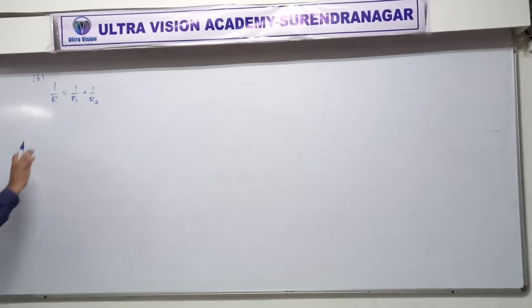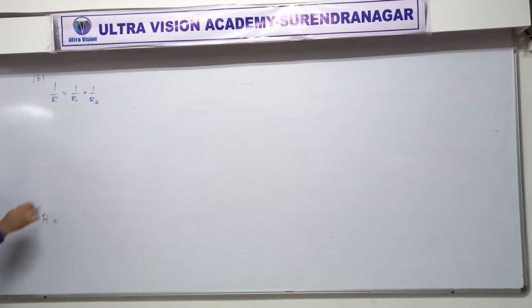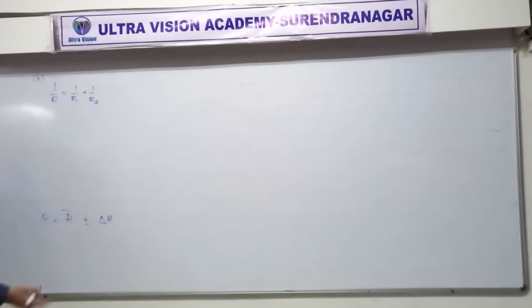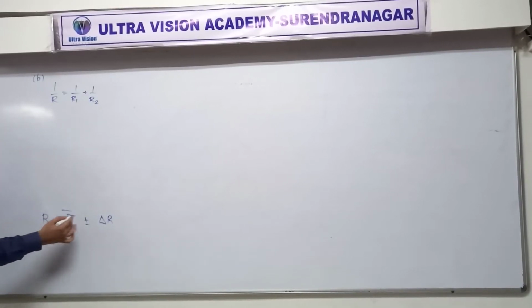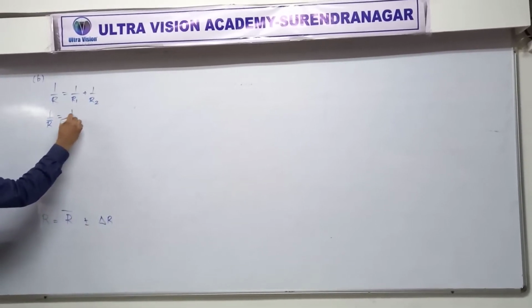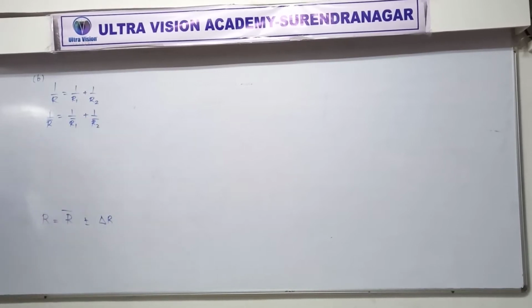So again, like I was telling you in the morning, if you want to report R and the two are connected in parallel, then you need to give two things. One is R bar and the other is the error. So let's try to find both of them separately. First of all, R bar is easy because it follows the same relation. Set over values.